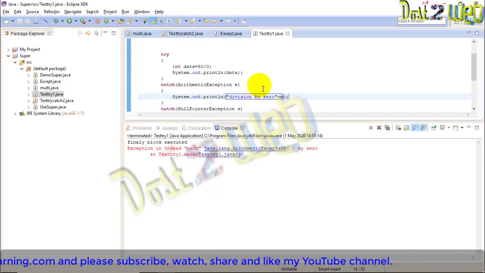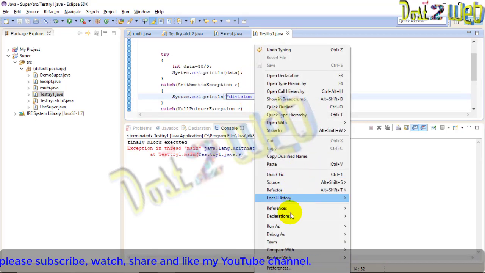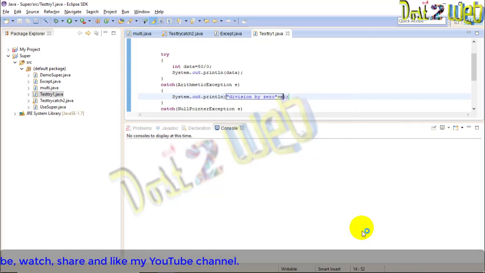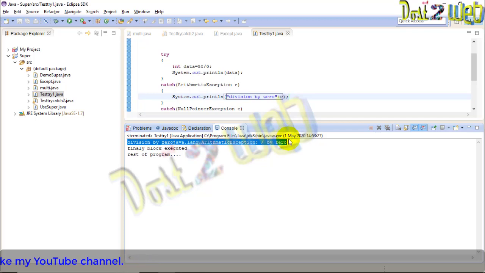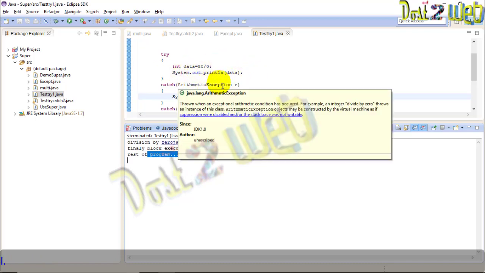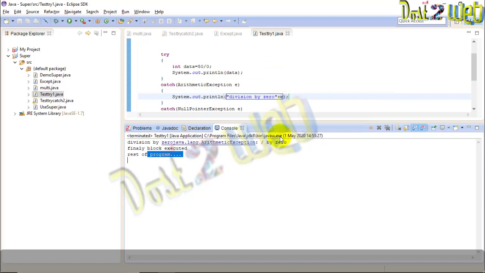Save it. Now let's execute this program. You can see that we got the exception handling, it is handled. You are getting the finally block also and the rest of your program. Like this you have two different situations: one is not handled and the other where the exception is handled.